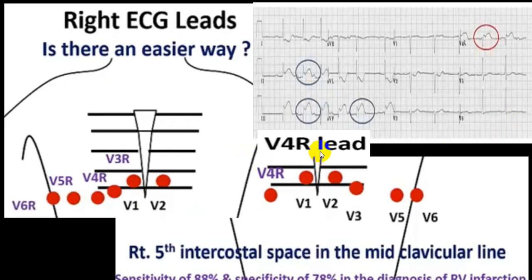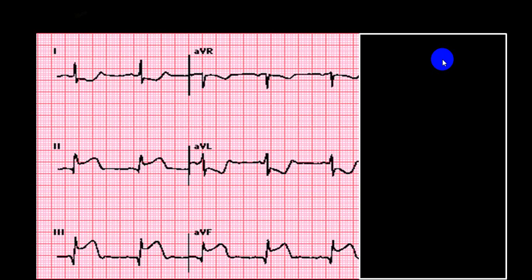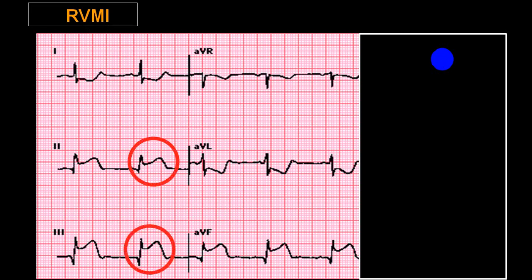So always go for V4R, which is a base lead that will give you an idea. Say here only V4R is changed while the rest of things are kept the same. So lead 3 taller than lead 2, and in V2 there is an ST depression. This is almost isoelectric. There is a slight ST elevation. And if you see in V4R, there is an ST elevation, straightforward in favor of RVMI. So 3 taller than 2.